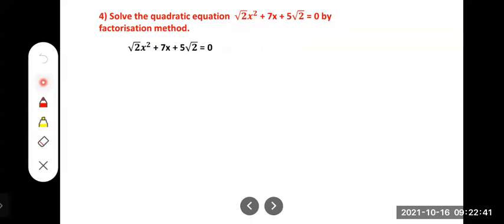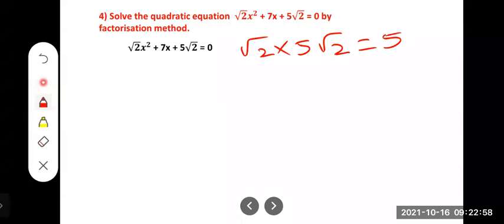Yes. Now you see, this one and this one we have to multiply. How will we multiply, children? Root 2 into 5 root 2. How much will you get? 5 ones are 5. Root 2 into root 2. I taught you before also. I asked you, root 3 into root 3. Root 9 you will get. So when you take the square root of 9, you will get 3 only as answer. That means root 3 into root 3, 3 you will get. So root 2 into root 2, how much will you get? 2 only you will get. That means root 4. Take the square root of 4, you will get 2. So how much, children? 10 you are getting.